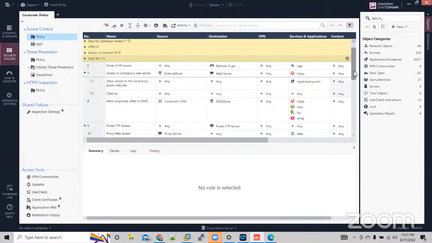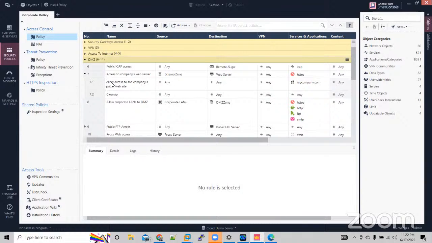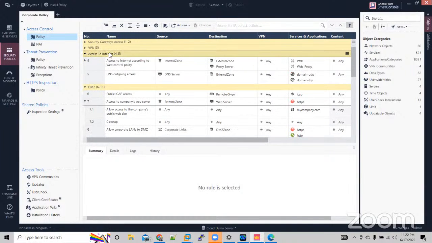So I'm going to create my access rule. This is DMZ, this is access to internet, the VPN, this is a security gateway access. So now I'll place my rule under the internet access. Once you click the access rule, anywhere you want to place a rule,